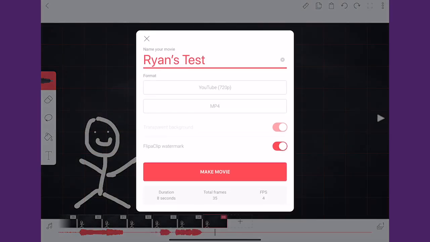Okay, Ryan's test, that's good. YouTube 720p, it's an MP4. The last thing you'll notice, there is a checkbox here for the FlipAClip watermark. If I don't want to pay for the app, if I want to use the free version, I have to agree to put their watermark on it. It just means it's going to say FlipAClip on my video, and I'm fine with that. So I'm going to say Make Movie,